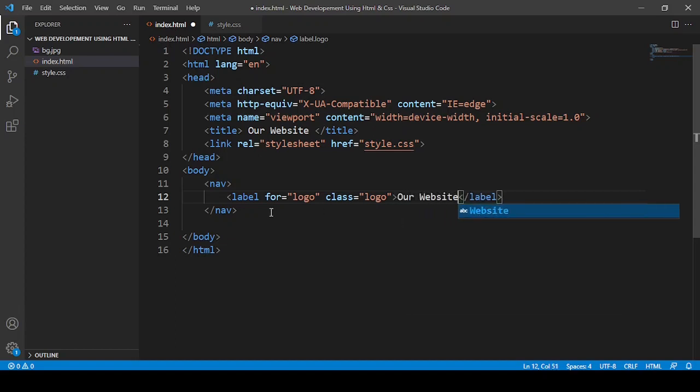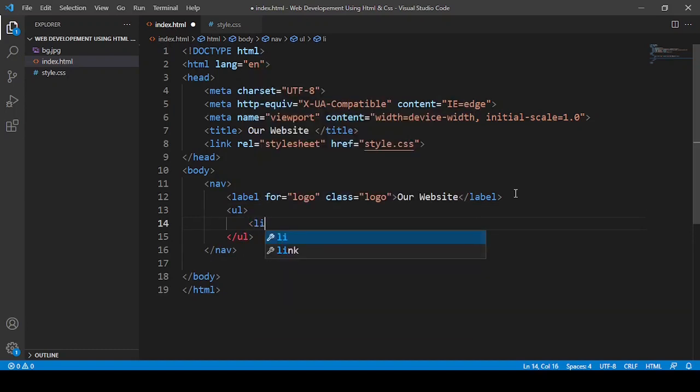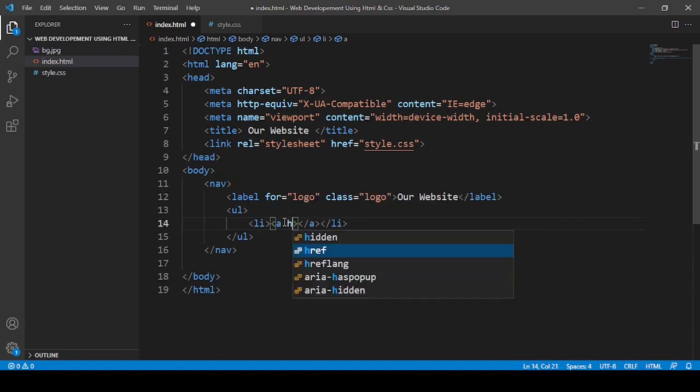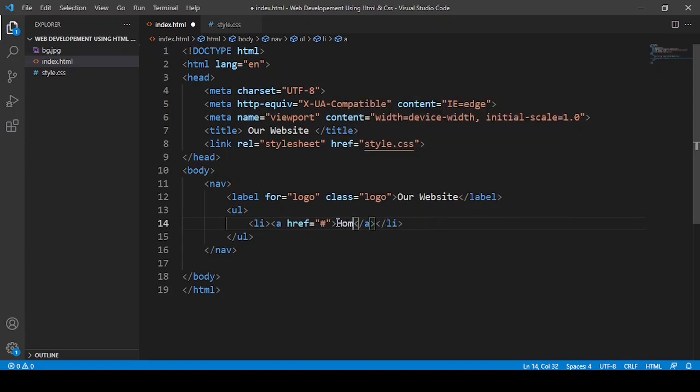Okay, our website, and then after that I'm going to say here UL, and then I'm going to say li, and then after li here I'm going to use anchor tag, and then in this anchor I'm going to use href, and that is going to be here hashtag, and in that first of all I'm going to say home, and I'm going to just copy it, and I'm going to just paste.